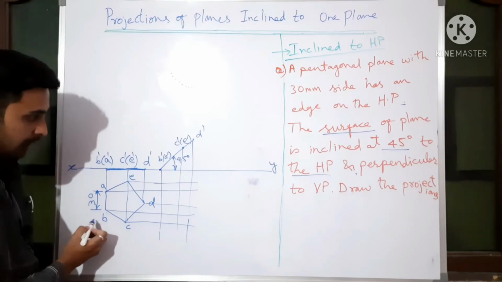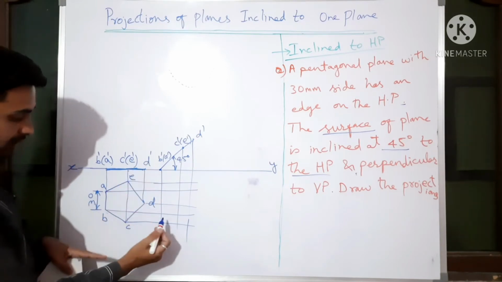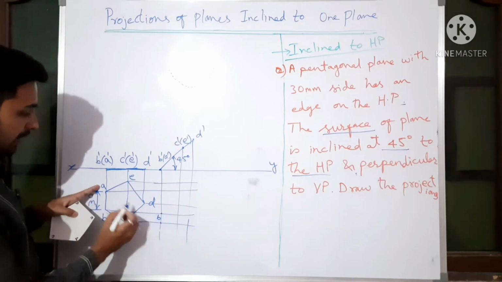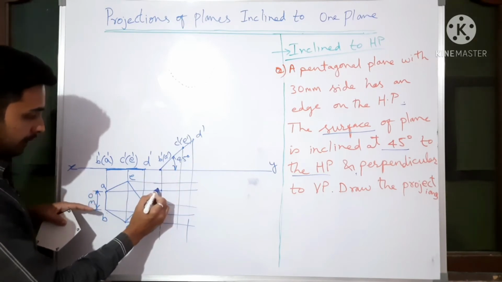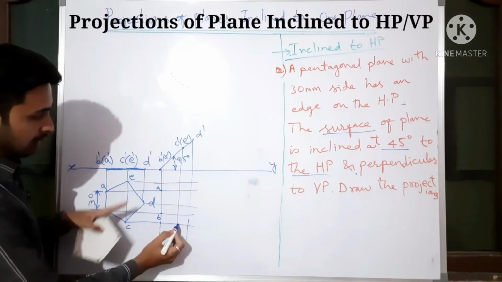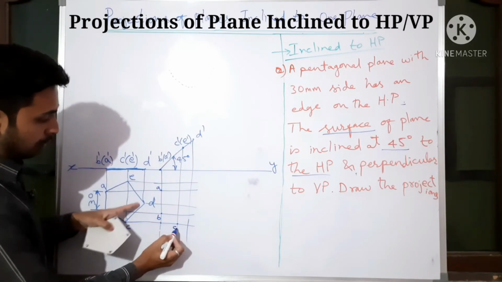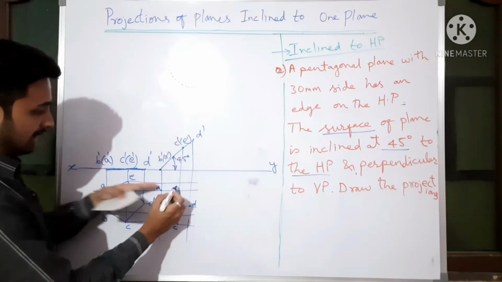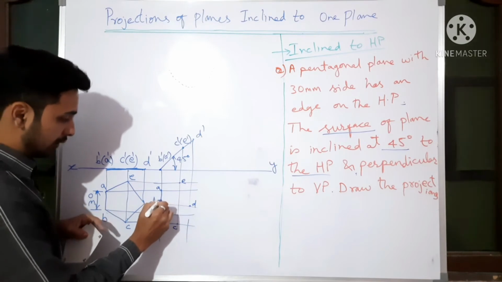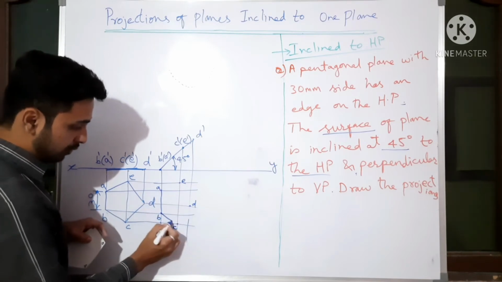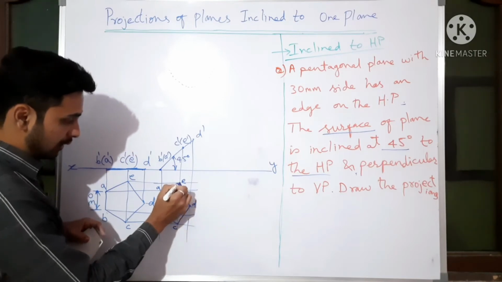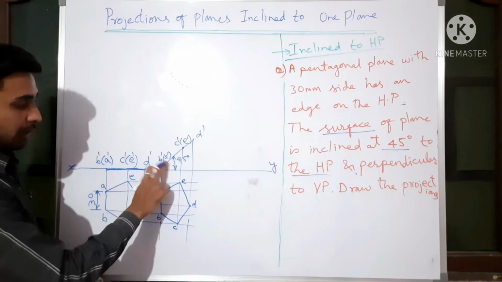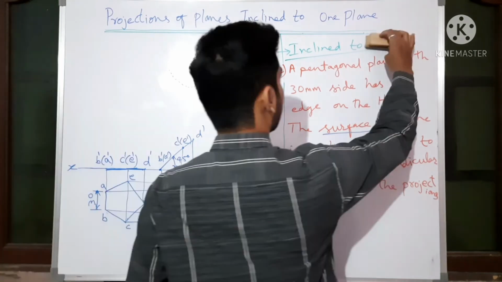Now B from here and from here B. So these two meet here. This point will be your point B. A and A comes here. Then point C, point C, point D, point D, like that respectively. Here and here it should match. E, like that. So join all this: A to B, B to C, C to D, D to E, E to A. This is how the projection has been done. Dimension done, angle marked. Okay, this is how you need to solve the problem.